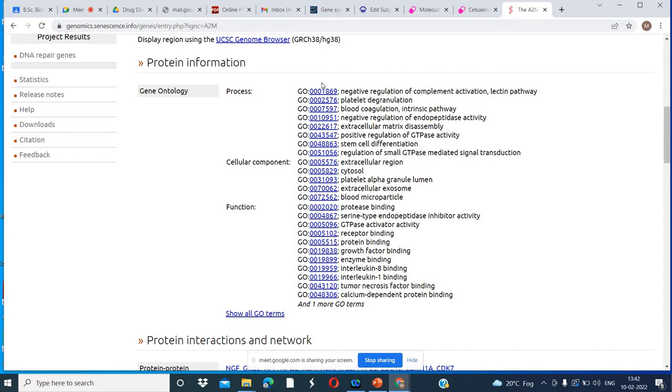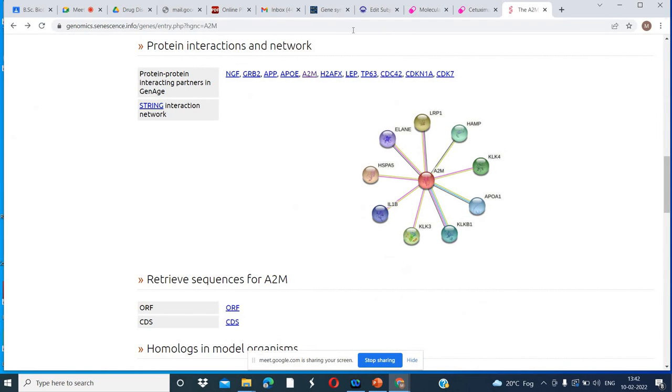So by clicking on one of these, you can go further. We also have the information about the protein interaction networks. Here you can see how this ATM protein is connected with different proteins. These are the different proteins connected with it, and you can see the color variation in the nodes, which shows its relation with the other proteins also. You can click on that and go further. This is the information obtained from the STRING database, protein interactions and networks.